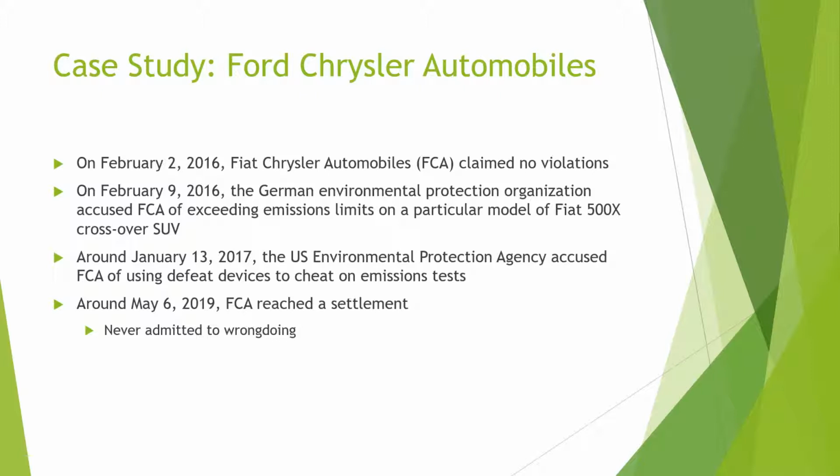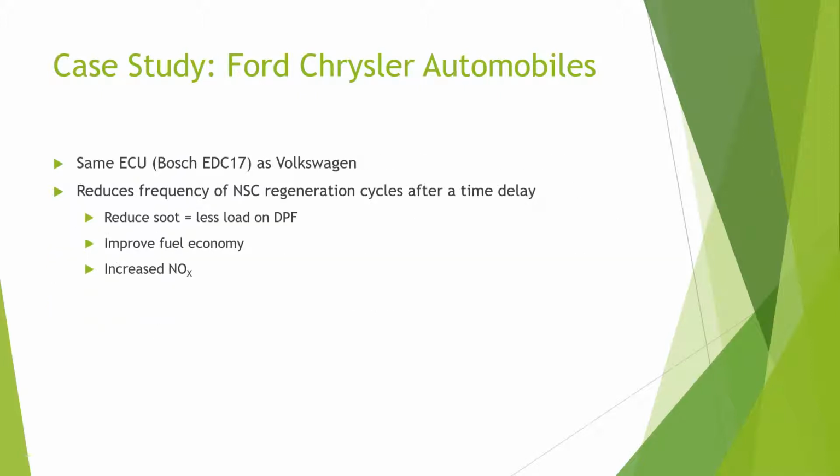They never admitted to wrongdoing, but about a month ago, in May of 2019, FCA reached a settlement and paid a fair bit of money to end this. So let's go into detail on what the authors think was their defeat device. FCA used the exact same ECU that Volkswagen did, the Bosch EDC 17, but they didn't use